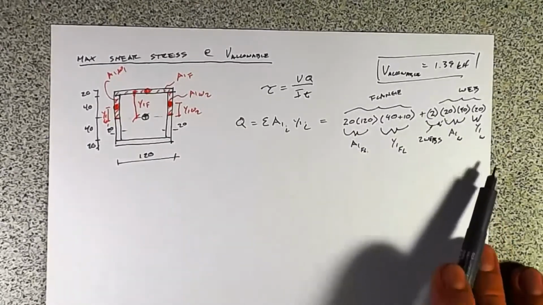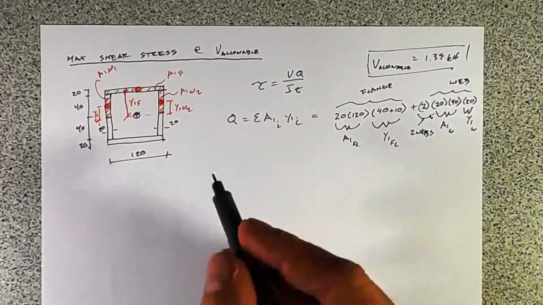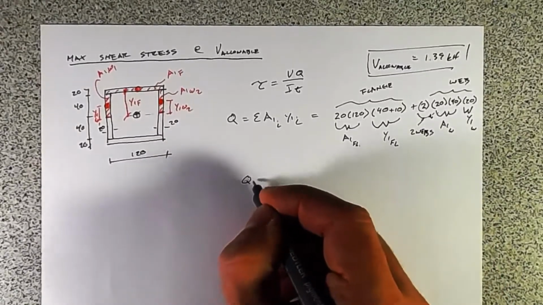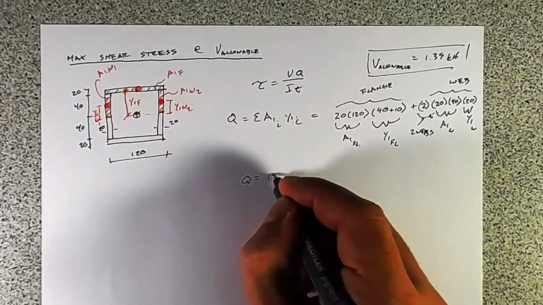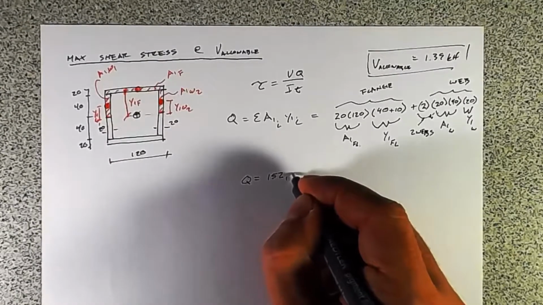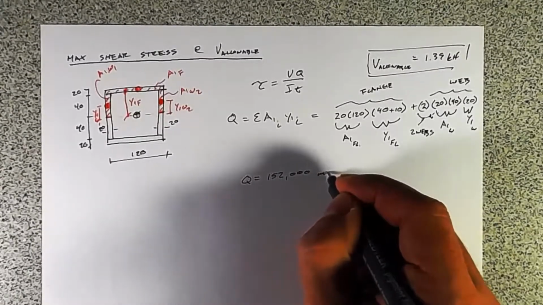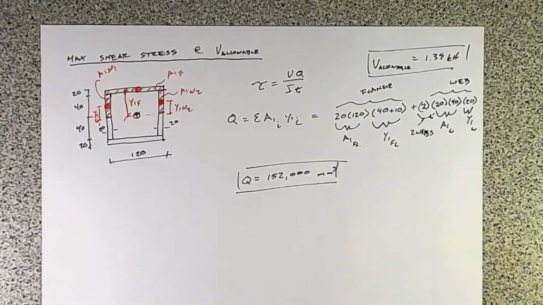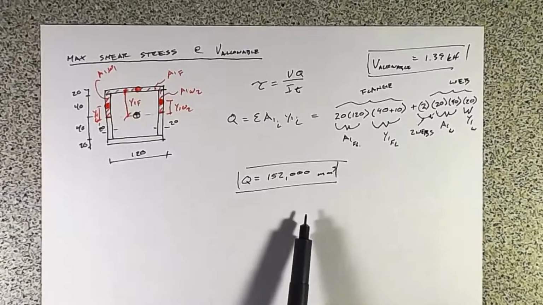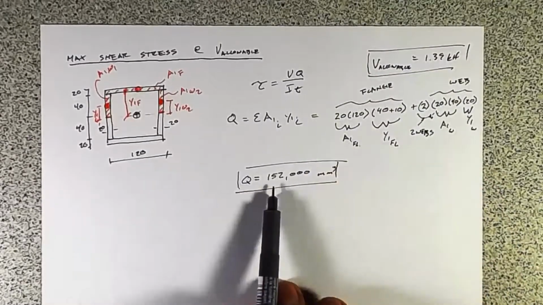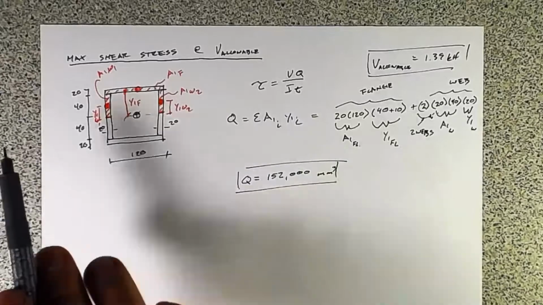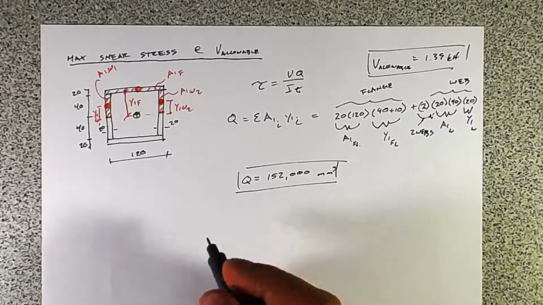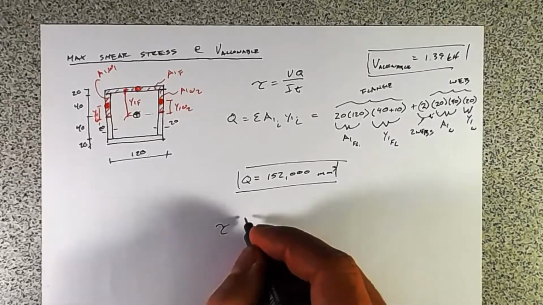So if we work all of this out, we find that Q equals 152,000 millimeters cubed. Well, now we kind of have everything we need. So we've got V, we've got Q, we have I that we found previously, and we have T. So our shear stress